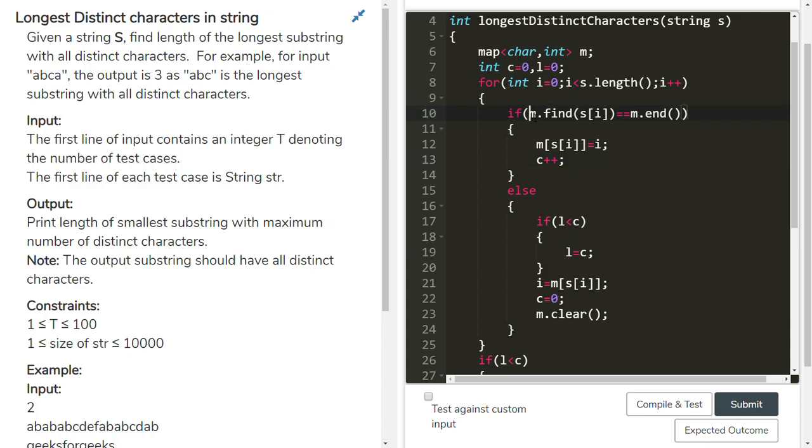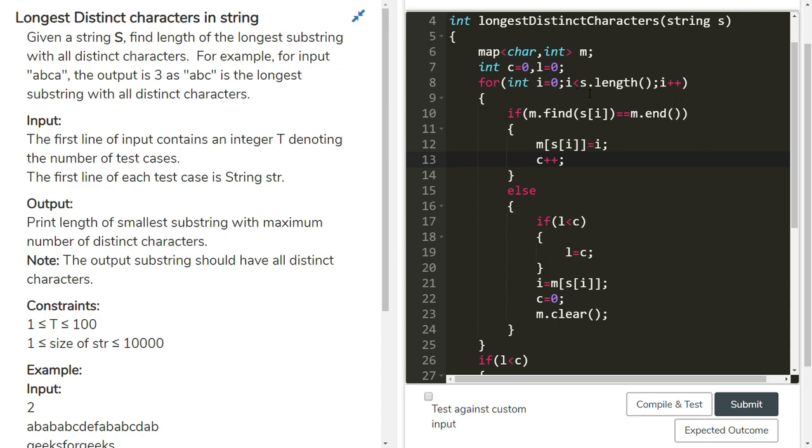C also is not present in the map. So m of C equals 2 now. C value is incremented from 1 to 2. I value is incremented. Then we are at the position of A. A is not present. Then m of A equals 3. C value is incremented from 2 to 3. Then i value is incremented to 4.